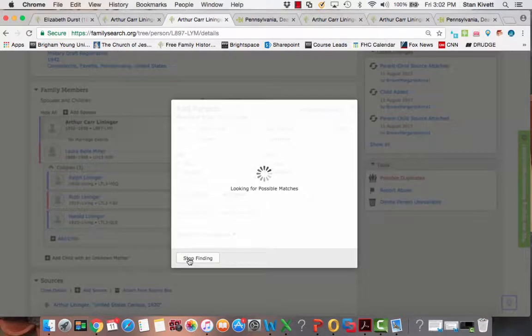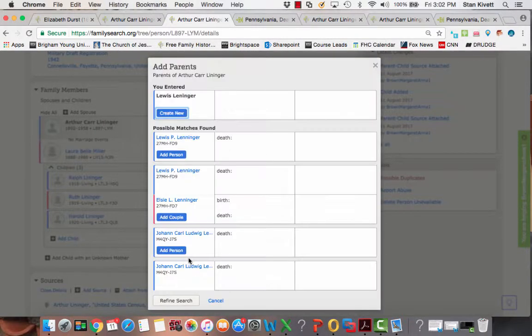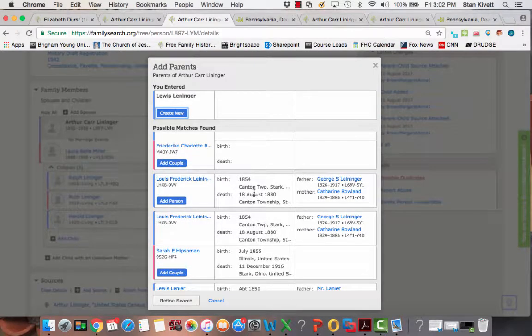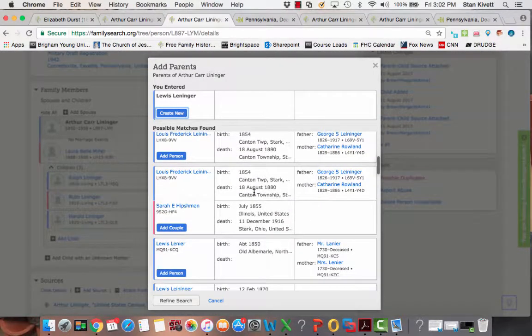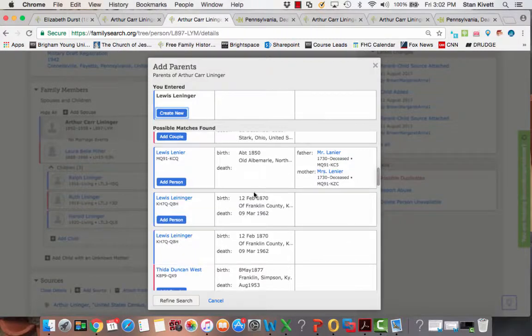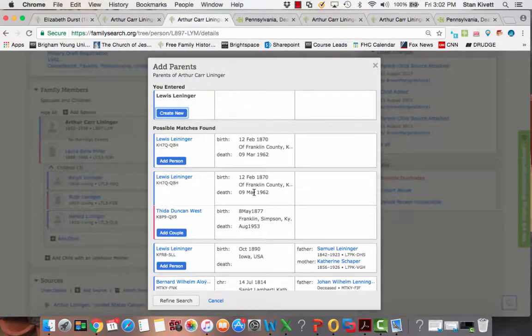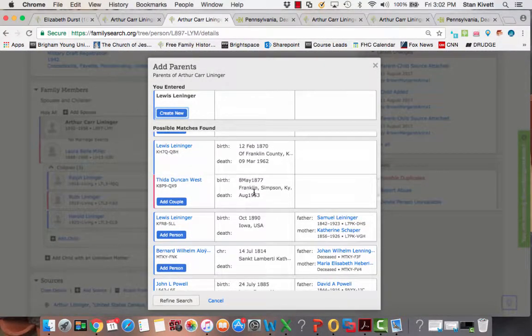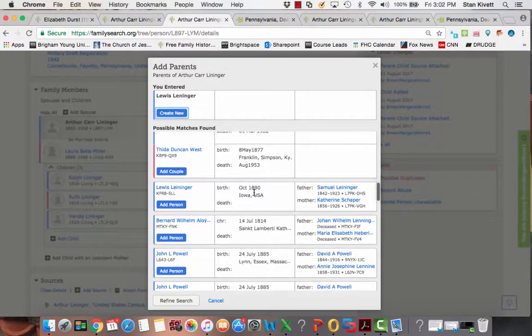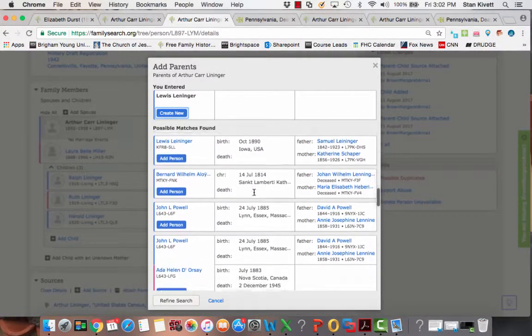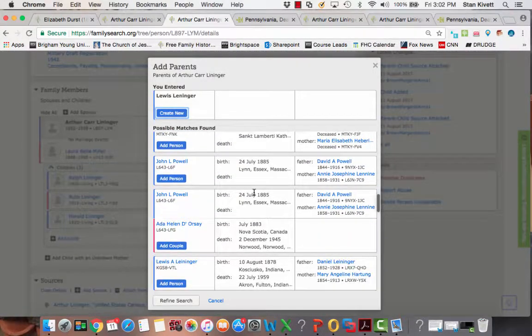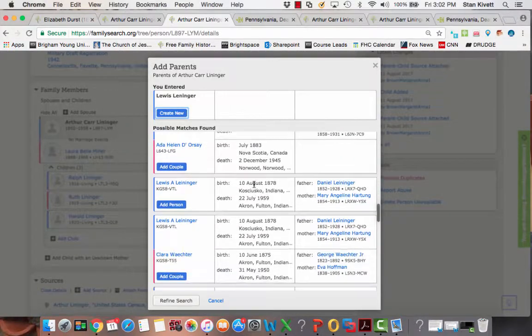I'll click next, and then the computer will go and look and see if it can find anybody that might match my person. You'll see that as I look down these people, I don't have enough information about him to be able to determine whether or not he is my person.